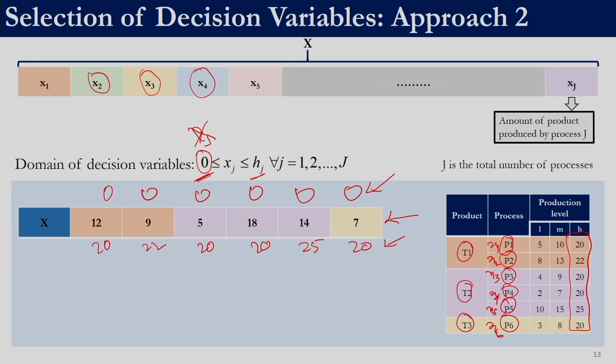Now, the question is: is this a sufficient amount of information for the problem? Remember, when we defined the problem we said we need to decide whether a product is produced or not, which process we are going to use, and how much we are going to produce. In the previous approach, the answers to these questions we put explicitly. The first part will tell whether a product is produced or not, the second part will tell whether a particular process is used or not, and the third part will tell us how much we are producing from that particular process. With that encoding we saw that we may end up with inconsistent solutions.